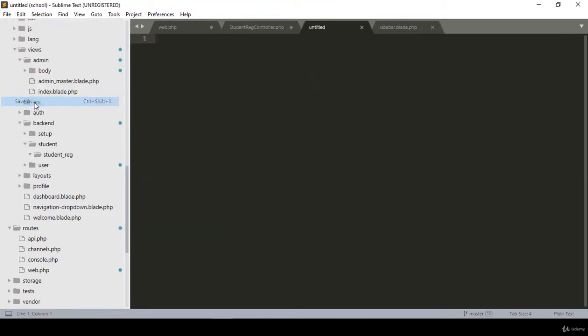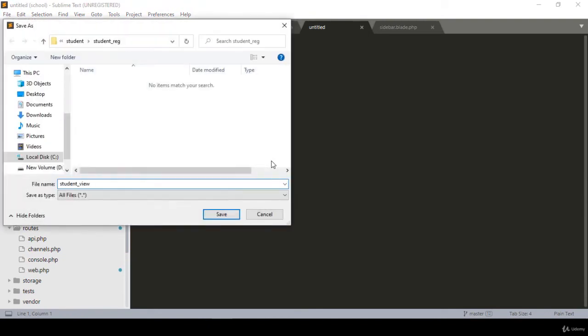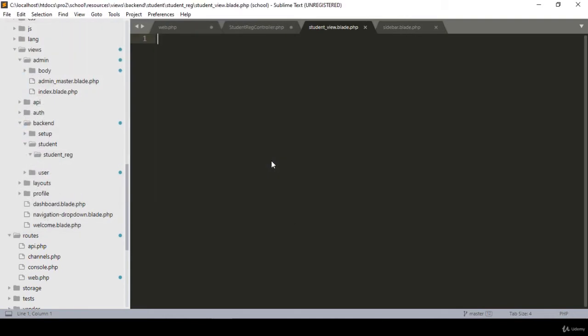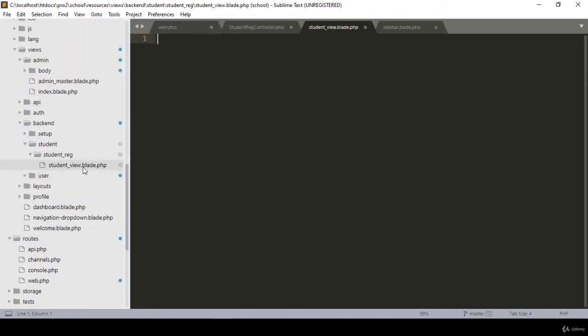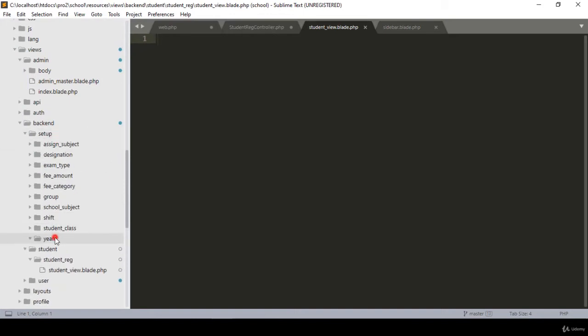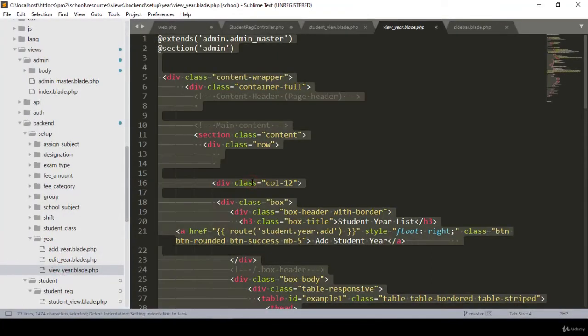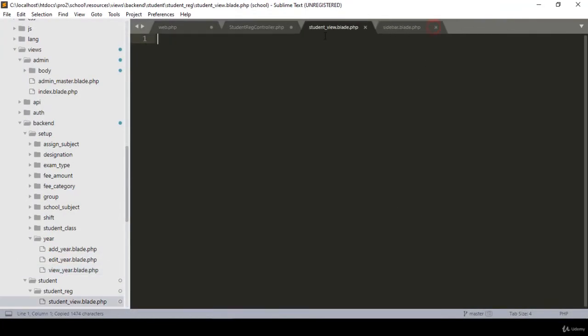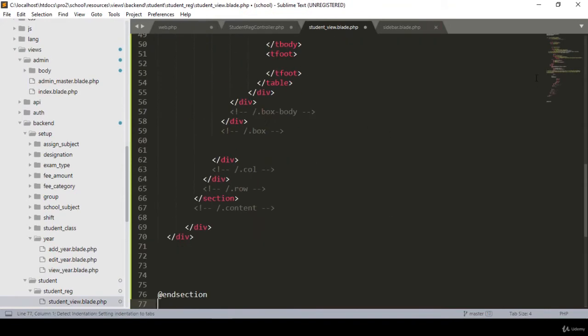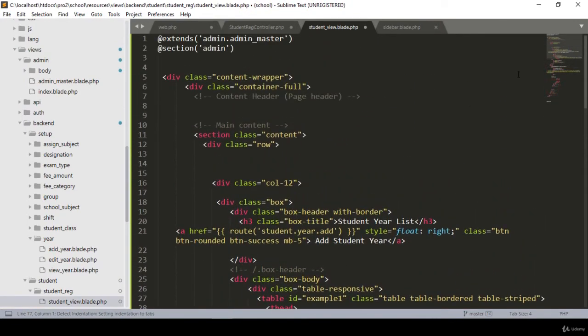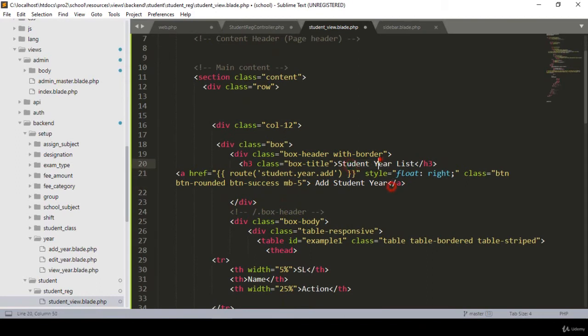Now click save as, and I name it student view.blade.php. So that will be our view page. This view page will actually load one of the data tables. Better, from the setup, from the year, that will be the same. I copy that view year, I copy everything from here, and then in our student view here I paste it. So now that will be the student year list, that will be actually student list,